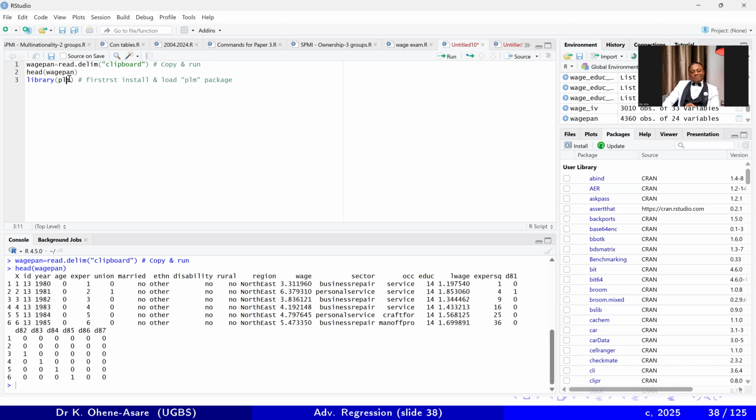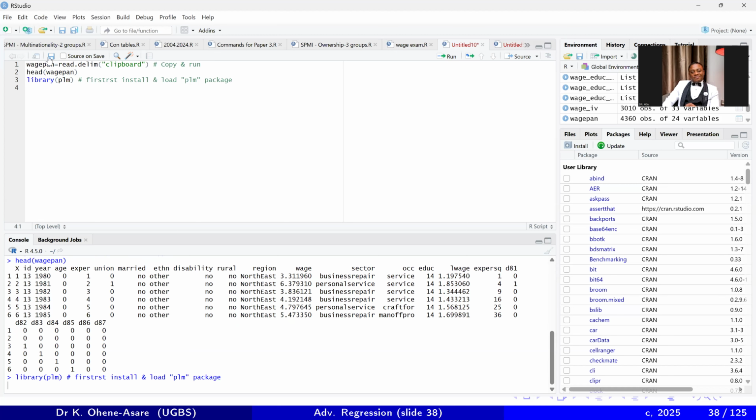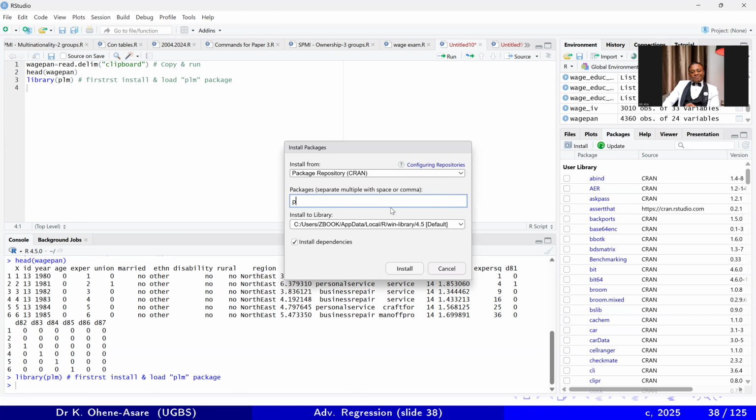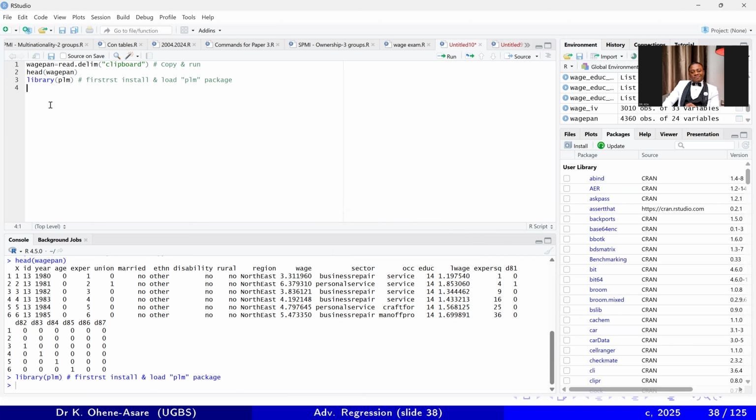Now, if I run it, doesn't show in my case, I need to load. So mine is showing here that it's been loaded nicely, which means I've installed it. If you haven't installed it, just click on install here and type PLM. It will pop up. And then you can install it before you do what I've done. But I have installed it already. Okay, so once you have installed it,